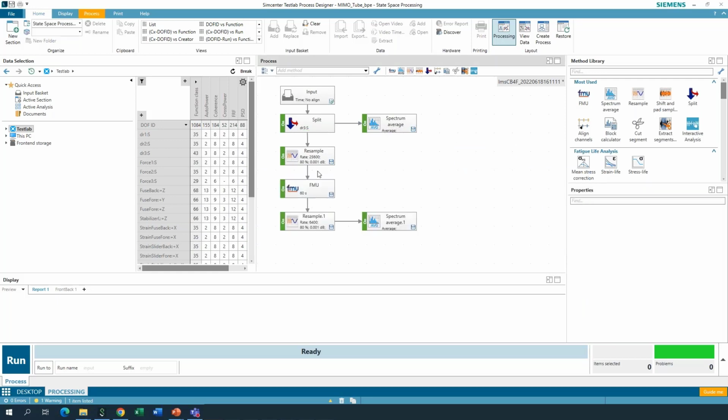What is also important is that we excite the model with data that has the same sampling rate as the model. And in TestLab Model Analysis, I showed that we use the sampling rate of 25,600. So we need to make sure our excitation is at the same frequency. So that's why I have this resampling block. Then I go back to the original sampling rate, 6,400, and I will calculate the spectrum. So the spectrum that comes out of my model and the spectrum that is directly coming from the data.